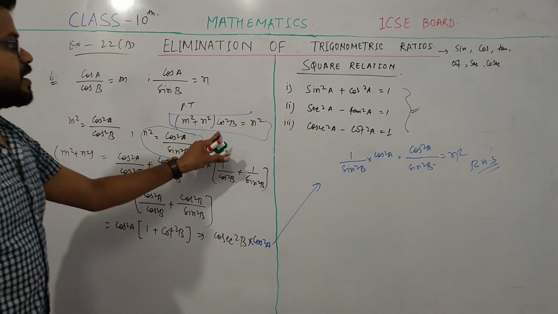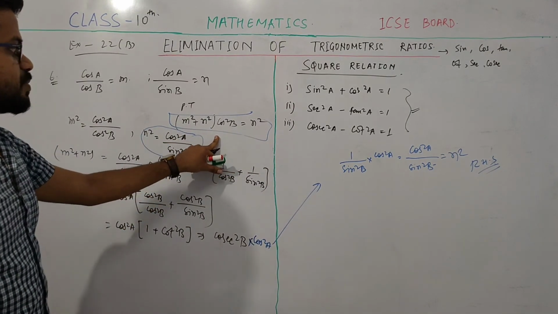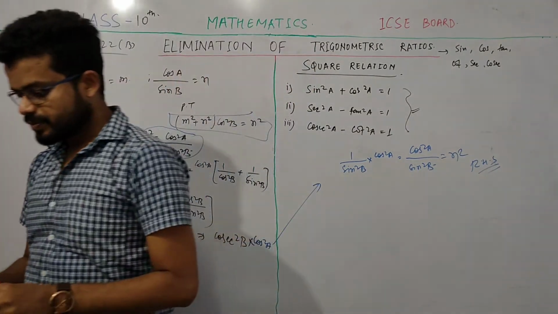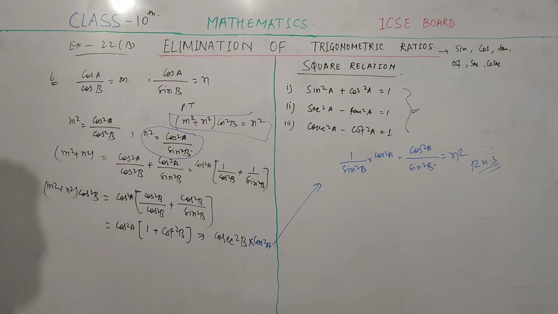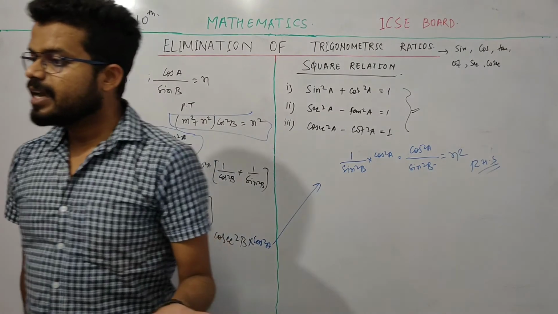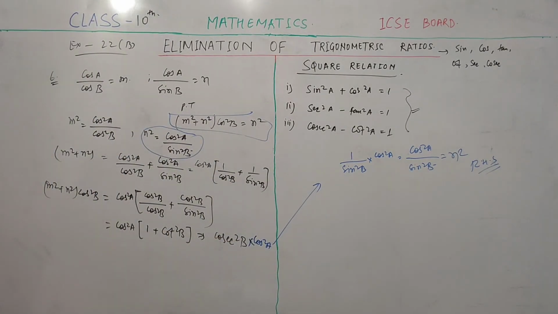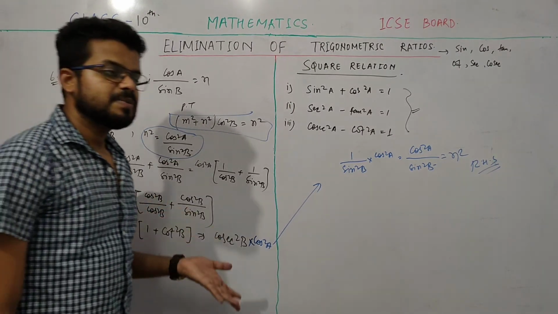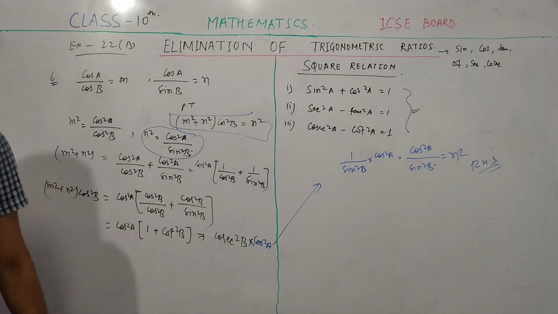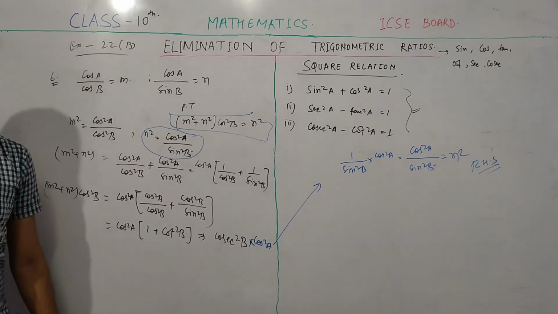Okay, this is the relation which we have to prove, and this is what we get. So this is question number 6, and question number 7 is again very easy. In the question it is given x is equal to a sec a, so sec a is equal to x by a. y is equal to b sec a sin b, so y by b is equal to sec a into sin b, and z is equal to c tan a, so I simply write z by c is equal to tan a. By getting this, we simply put these values in the given expression to prove it, so you can easily get that value.